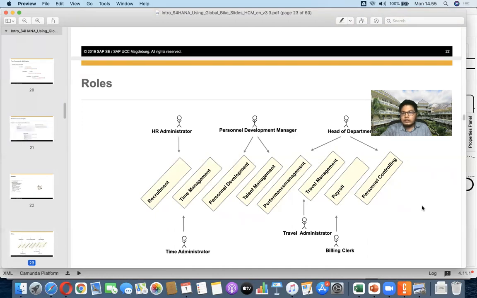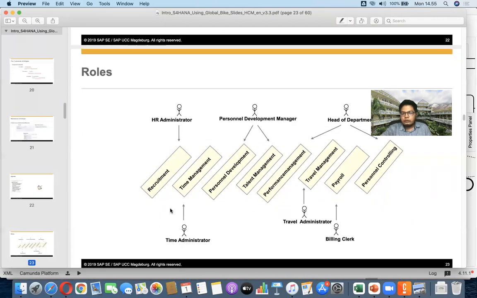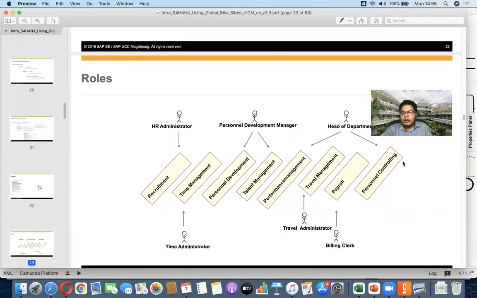Within this human capital management, there are several relevant subjects like recruitment, time management, personnel development, talent management, performance management, travel management, payroll, personnel controlling. These are the activities happening within human capital management, and each of these has different people with different sets of skills to do the job.